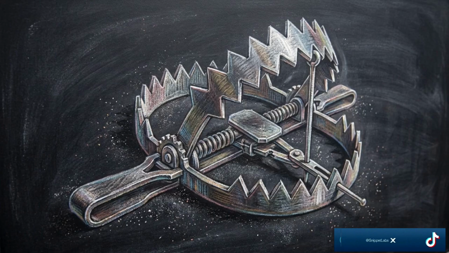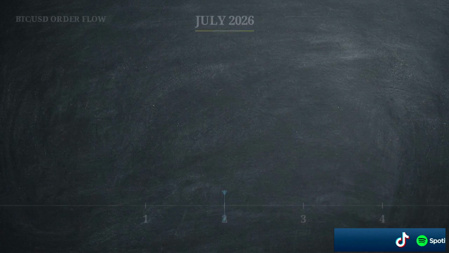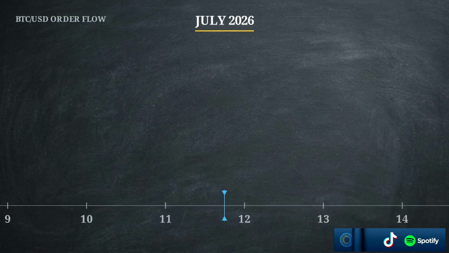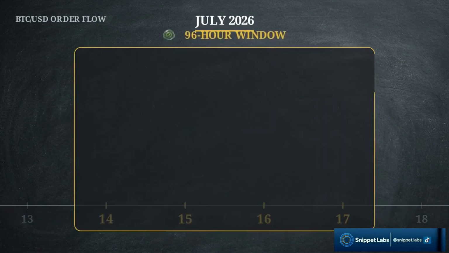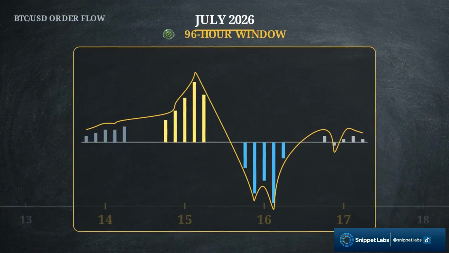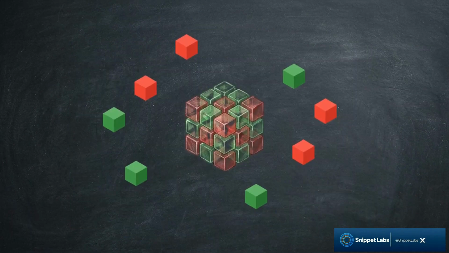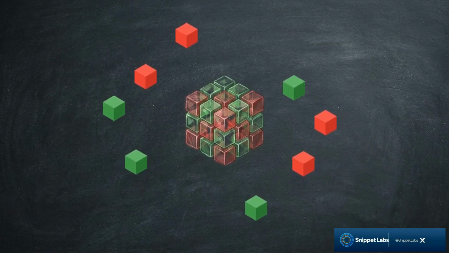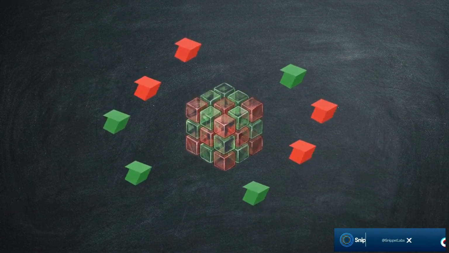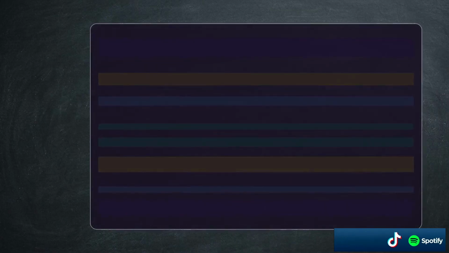To see exactly how this trap is set and sprung, we are going to trace a precise 96-hour window of Bitcoin order flow, from July 14th through July 17th, 2026. We will use a liquidation heat map to track this. This is a visual model that calculates estimated forced close price levels, deriving them from open interest and leverage profiles